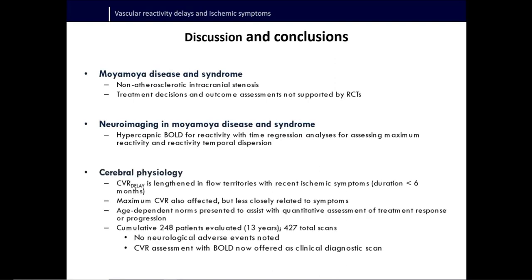And the finding was that in those that had recent ischemic symptoms, the CVR delay in the flow territory with those focal symptoms was quite long and significantly lengthened relative to the contralateral hemisphere. Maximum CVR was also affected, but it was less significant. We also provided some age-dependent norms. Overall, now I think